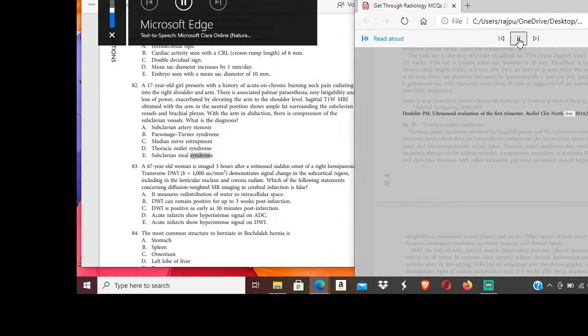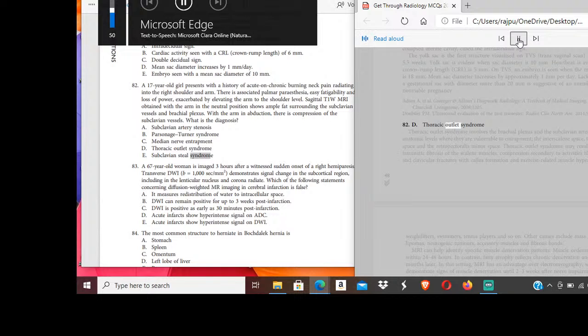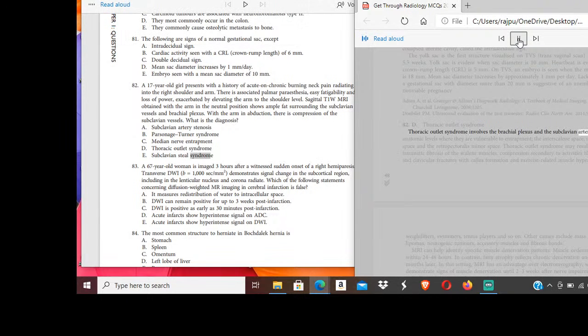Radiol Clin North Am 2014, 52, 611-19. 82. D. Thoracic outlet syndrome. Thoracic outlet syndrome involves the brachial plexus and the subclavian artery or vein at three anatomic levels where they are vulnerable to entrapment: the interscalene space, the costoclavicular space, and the retropectoralis minor space. Thoracic outlet syndrome may result from post-traumatic fibrosis of the scalene muscles, compression secondary to activities like backpacking, and clavicular fractures with callus formation and exercise-related muscle hypertrophy affecting